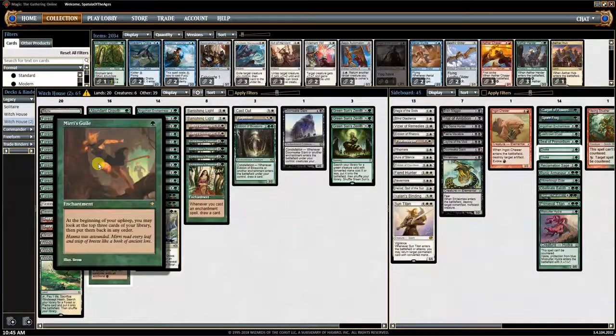Mirri's Guile. I like it as a 1-of. Some people run 3 of these things. I think that's really excessive. Because beyond the first one, they don't do anything. Literally the second one, unless you've got a fetch land on board in your upkeep, just doesn't do anything at all. Even the first one, obviously, it doesn't give you card advantage by itself,